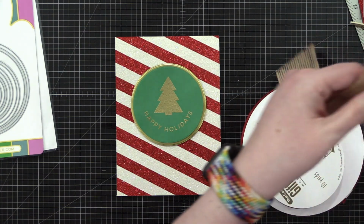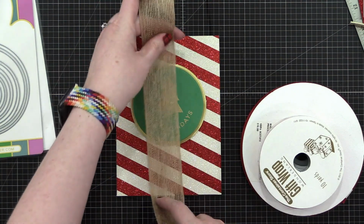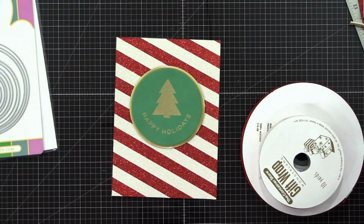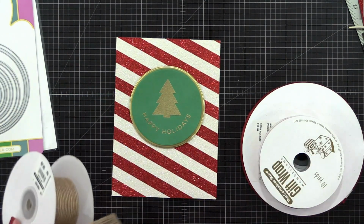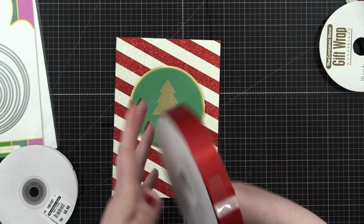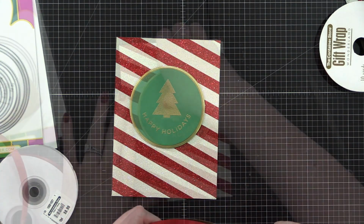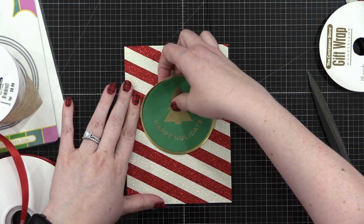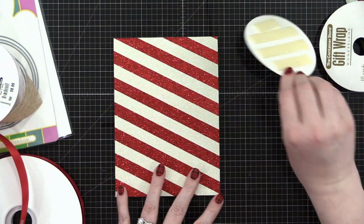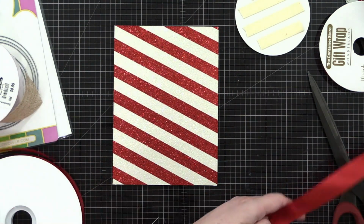Wide ribbon-wise, it's not red, but that could be interesting. I do kind of just like this red ribbon. It's not like real satiny, but so as we learned earlier, it's easy for foam tape to be pulled up from this. Perfect. We'll save that for later. And then,